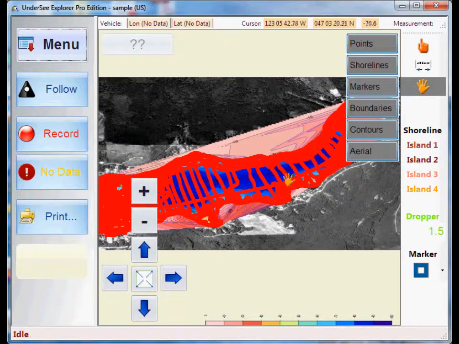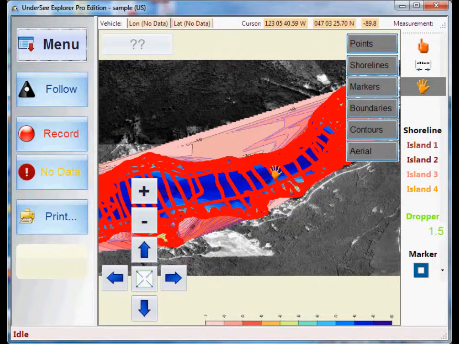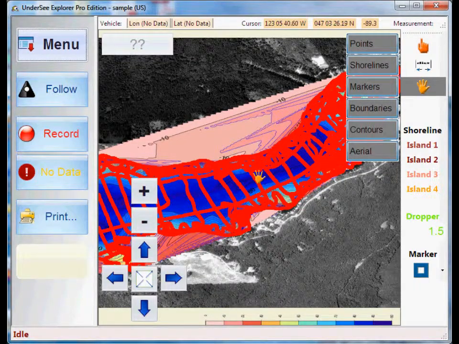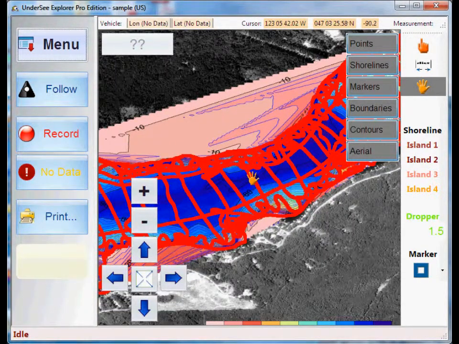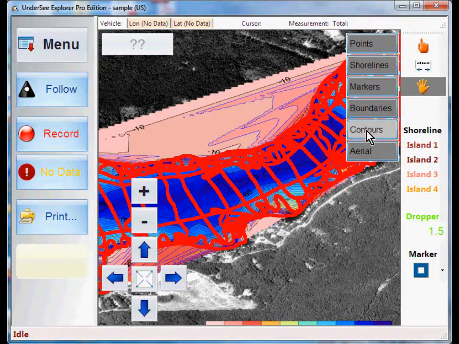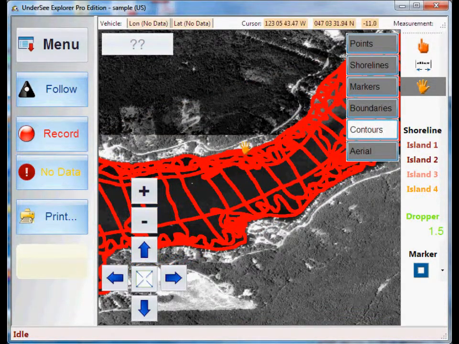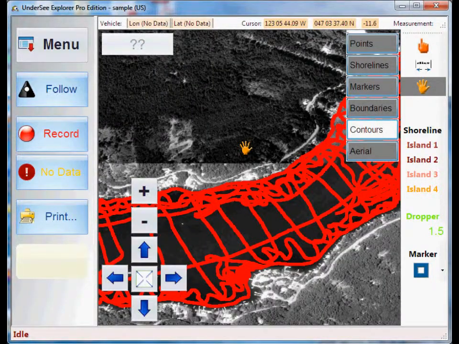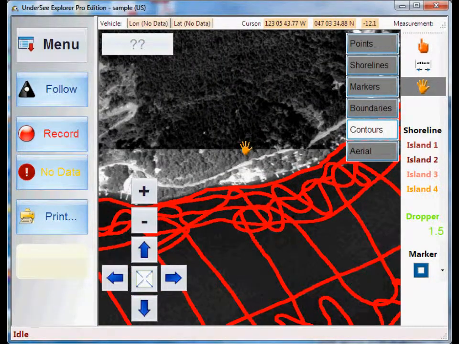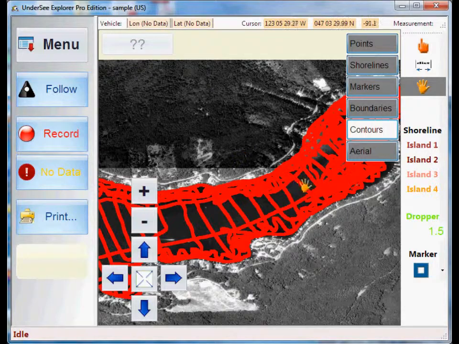Okay, so what we want to do here for this demonstration is we want to just map a section, because a lot of times, especially on a river or a long body of water, you may want to do this in a section, or maybe you're not interested in the rest of the water body and you want to just get a section. So I'm going to turn these contours off so I can see what I'm doing. And I'm going to zoom in here, and I'm going to take just a small section,